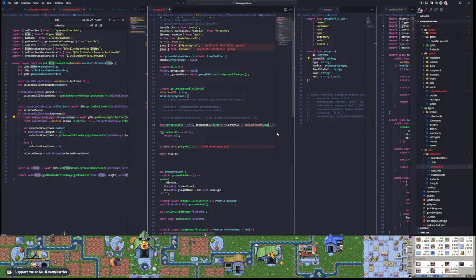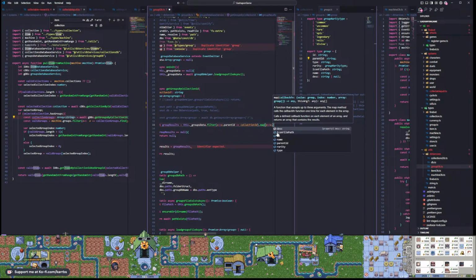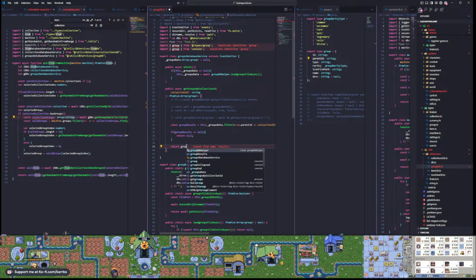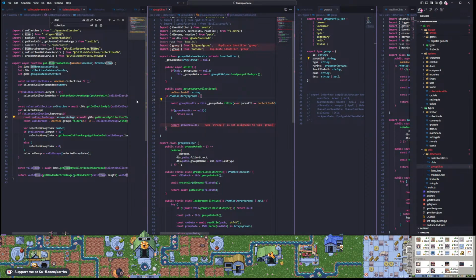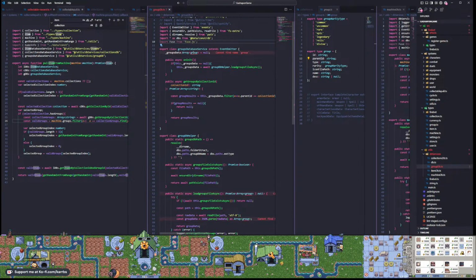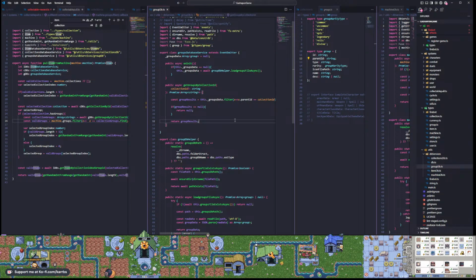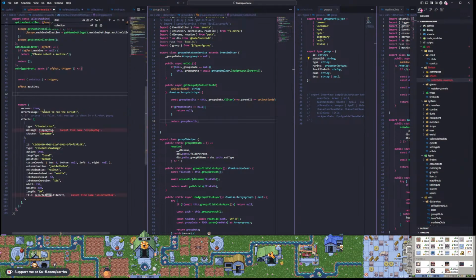Dot map. Map is the stupid thing I was forgetting. That's right. So then I basically need to go var